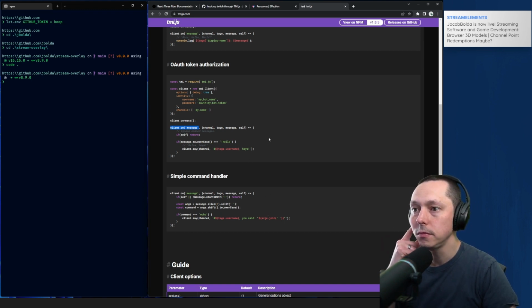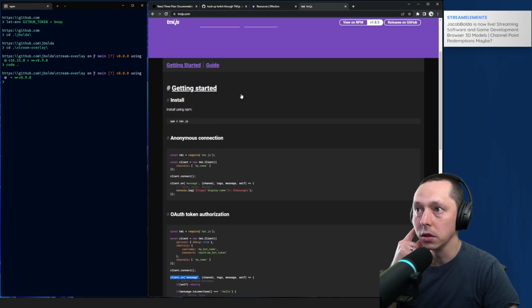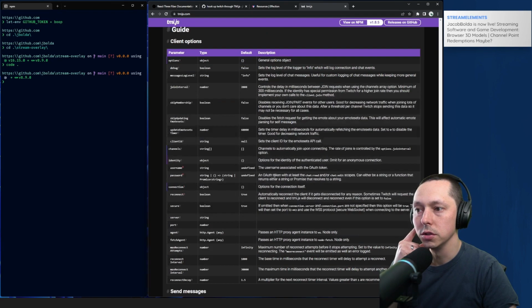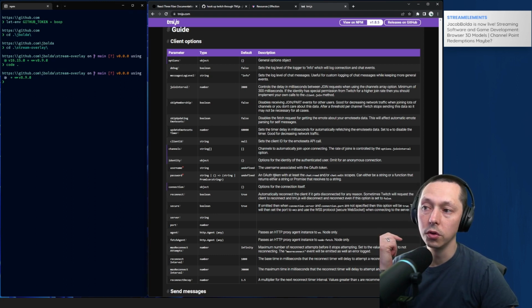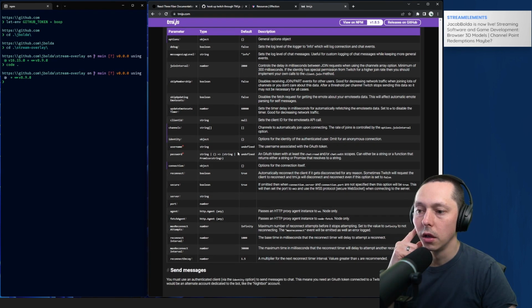The thing that TMI.js does not handle is there are parts of the API where there's information in Twitch that you can't rely strictly on the IRC chat to grab. Like you need an OAuth token for some stuff, but this is still strictly chat.